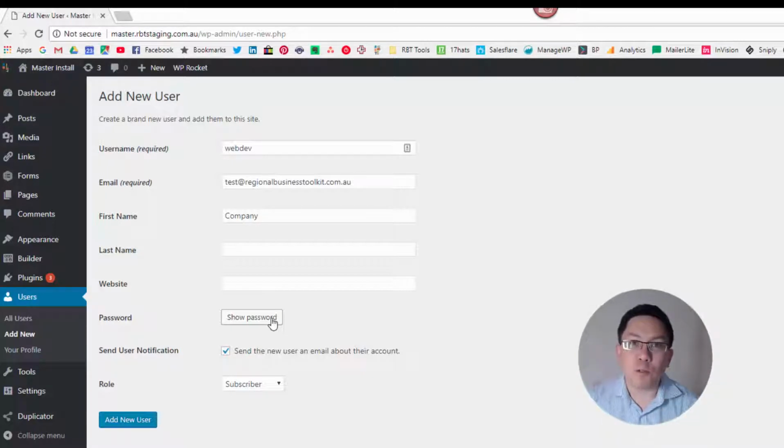So leave the password blank and let WordPress generate a nice strong secure password for you. We're going to leave this box here ticked, which is send the new user an email about their account. So when we go set this up, after we've hit add new user, WordPress will send an email directly to that person that says, hey, company, in this case, we'll use their first name. Someone has created a new user login for you. Click here to grab your password, and they'll be able to access their